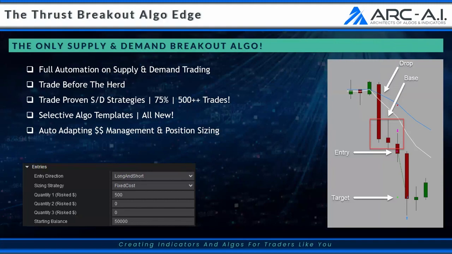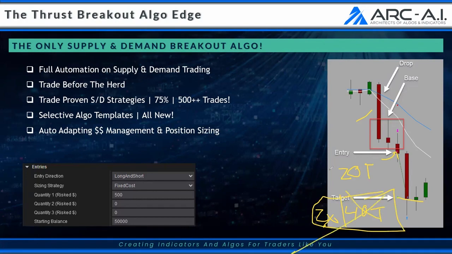We talked about prop trading, and we know a lot of traders are trading prop firms here. So if this is the trade, drop, base, entry, breakout, and down, what if this trade is 20 ticks and the next trade is 40 ticks? Do you really want that much variance in how you're trading? Do you really want to be taking double position sizing on your next trade? No, not if you're trading for a prop firm. So do you just not take the 40-tick trades? No, we've got you covered there too.